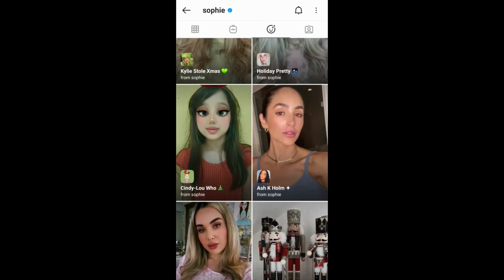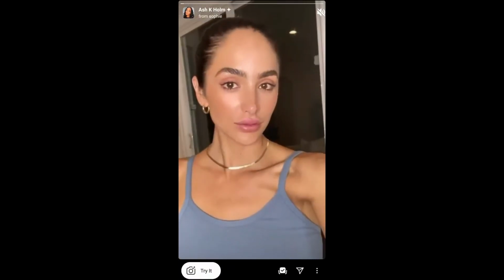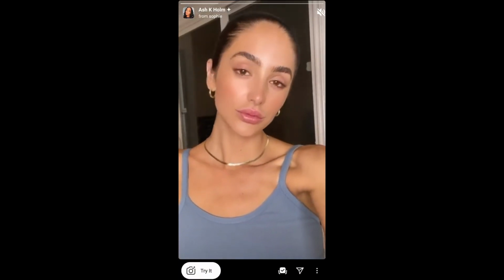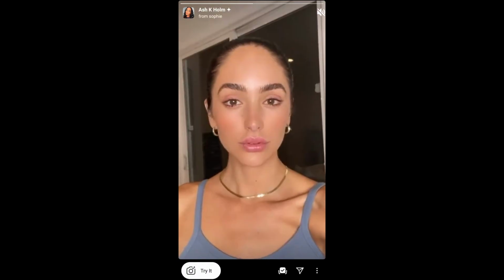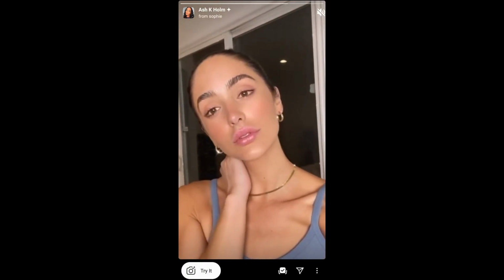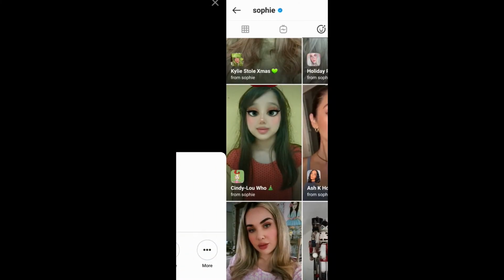Okay, and this is the filter. Tap on it and you will see this preview. From here you can save it to your Instagram camera tray and you can tap on try to try the filter. And suppose you are not getting the effect like this, then what you can do,